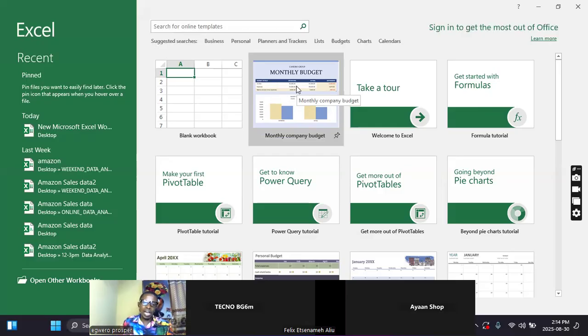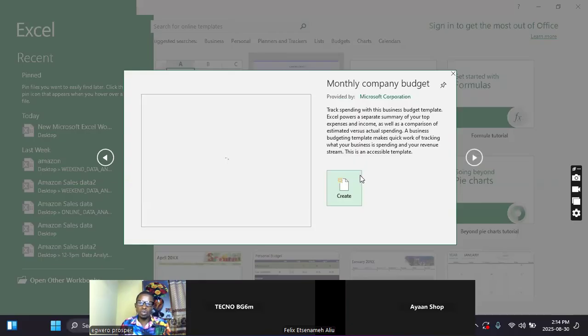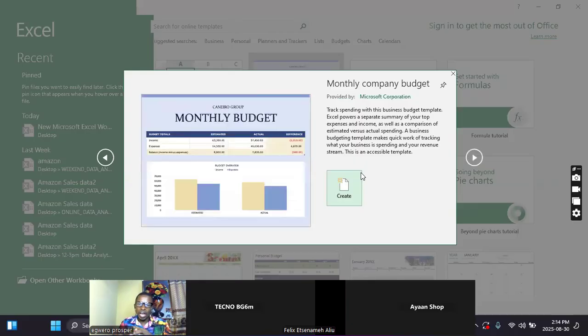So supposing I'm a learner and I don't know how to build this from scratch, and I want to steal some concepts from Excel, I will just click on this, and then it will give you a kind of a brief description of what we are trying to exploit, and who developed it, Microsoft Corporation themselves. Track spending with this business budget template.